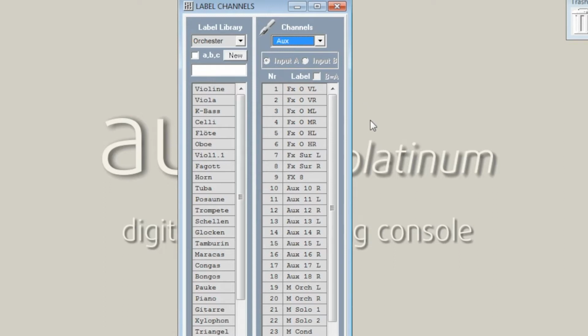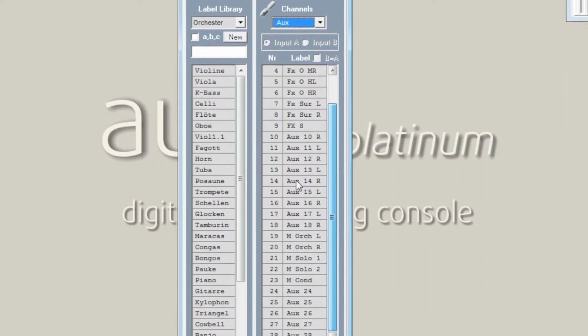In my outputs, first I have the stereo VCAs, and the stereo VCAs, again, I have my send to the reverberation machine, so my FX orchestra front, my FX orchestra middle, and FX orchestra rear and surround. Okay, nothing new, nothing surprising about that. And then here I have my